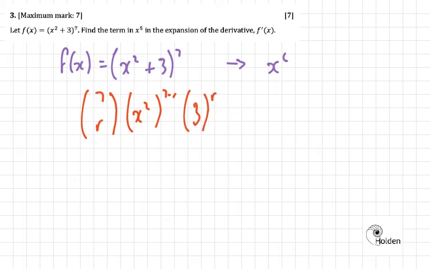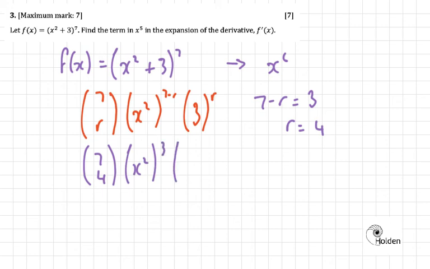We want this value, this 2 times (7 minus r), we need it to be 6, so 7 minus r, sorry, must equal 3, which leads us hopefully to r being 4. So now we can substitute that in. We have 7 choose 4, (x squared) to the 3, 3 to the 4. Now if we expand that out, we end up with 35, using a calculator or whatever method you so desire, we've got